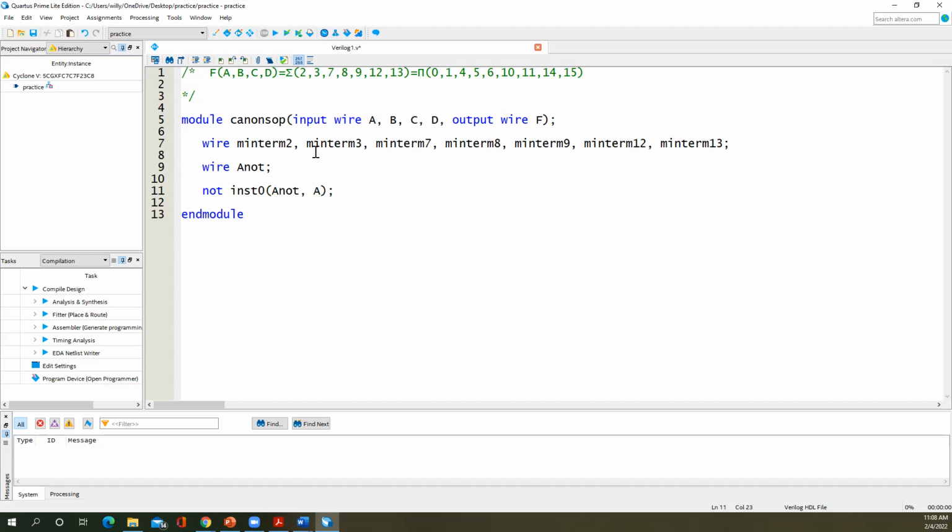Well, what's nice with bitwise operators that we're going to start working with next week in Verilog is you don't have to use all these primitive gate instances, because by the time you type all of these, it's not a whole lot faster than when you have to just insert all the schematics. It's probably slightly more error prone. So what we do in order to generate signals like A naught